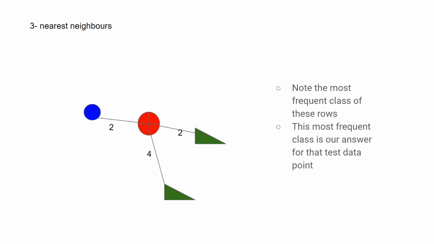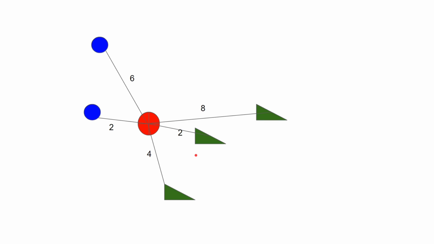Because over here, in the three nearest neighbors, I have two neighbors that belong to class 2 and one neighbor that belongs to class 1. So in KNN, the criterion is that for the nearest neighbors that we are choosing, for example, here k is 3, so we are choosing three nearest neighbors, whatever is the most frequent class in the chosen neighbors is my answer. So here in these three neighbors, class 2 is the most frequent one. So that's my answer. If I take k equal to 5, the answer again remains class 2 because the frequency of the points having class 2 is higher in the 5 nearest neighbors.